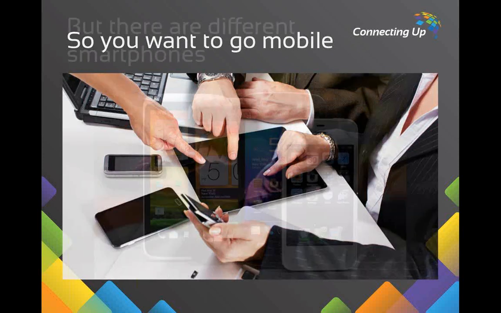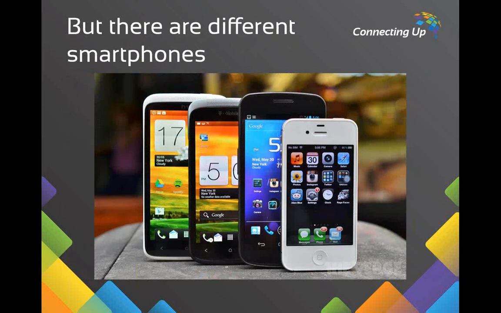But there are so many different smartphones. Androids, iOS or iPhone, Windows Phone, the new BlackBerry's just come out, and now we've got Ubuntu and Firefox coming to the mobile market as well. So as a not-for-profit looking to develop an app or a website, what does this mean? There are going to be many different operating environments, so different screen resolutions, different app stores or marketplaces, different phone hardware. So how do we deal with this?